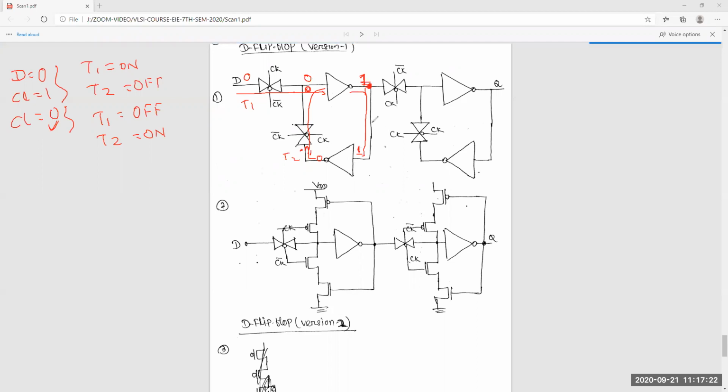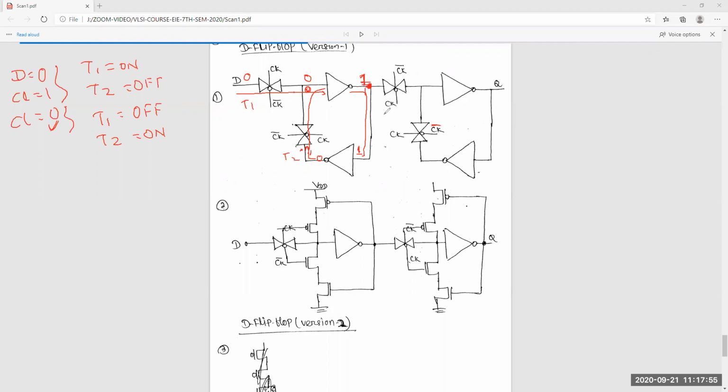At the same time, here you can see, when clock is equal to 0, what happens? This pass transistor will be off. This one is equal to clock, and this is clock bar, I forgot.